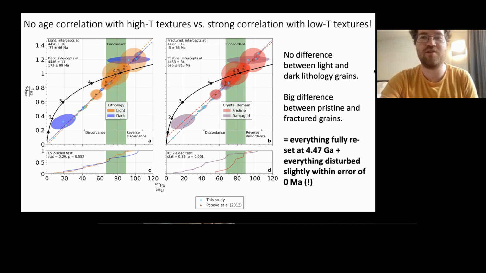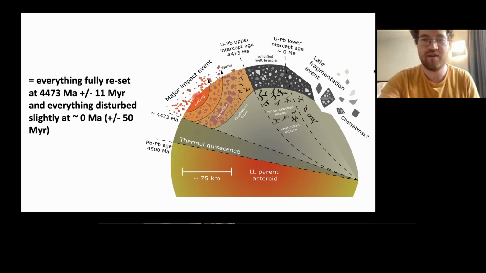that created the light-dark melt macrotexture of Chelyabinsk, occurred at the time indicated by the upper intercept, or 4.47 billion years ago, coincident with when moon formation may have happened. Late lead loss then took place during a much more recent event that overprinted those high energy textures with fractures. And the best estimate we can get for that by putting all the data together is actually within error of the present day, suggesting that that may simply reflect the splitting of Chelyabinsk off from its parent asteroid and being